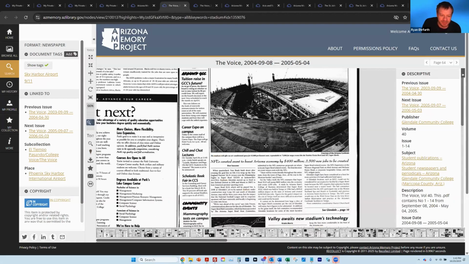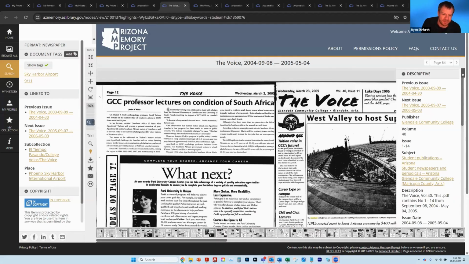And so newspapers can get a little weird just because you've got three columns. If you're reading like a book, it would go from left to right all the way across, but that's not how these work. This is multiple columns, right? So sometimes that can throw off the OCR. And so sometimes if you're not finding something,